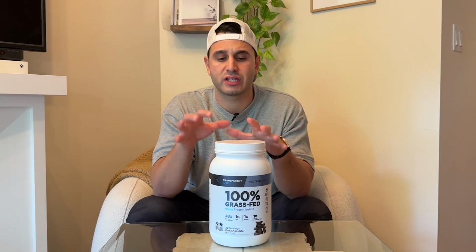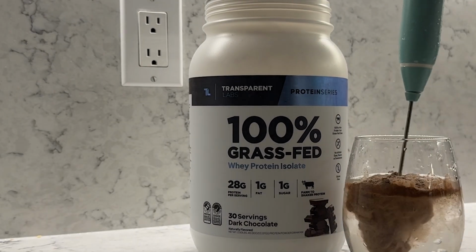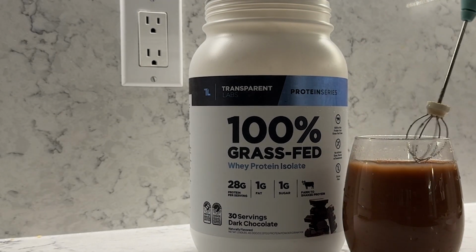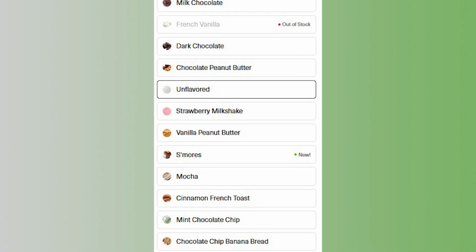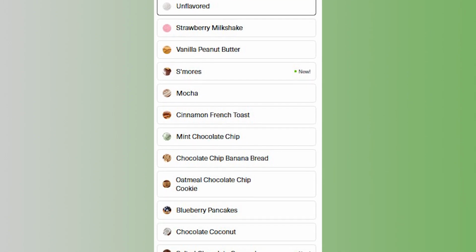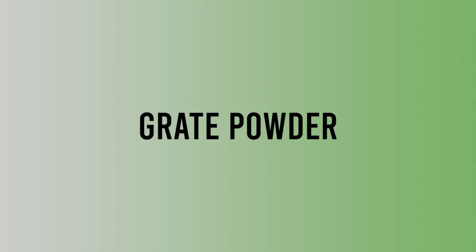The unflavored Transparent Labs protein contains only one additional ingredient, sunflower lecithin. This ingredient is added to protein powder to help the protein powder dissolve, reducing the likelihood of clumping or experiencing a chalky texture. Transparent Labs has 14 different flavor varieties available. These flavors use a combination of stevia, salt, natural flavors, cocoa powder, peanut flour, cinnamon, and grape powder to achieve